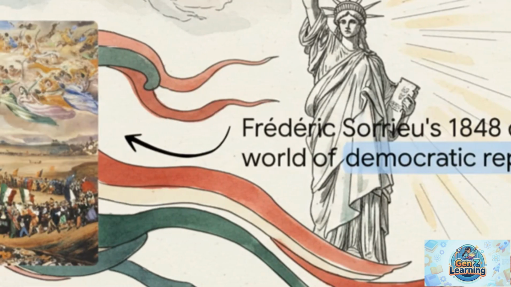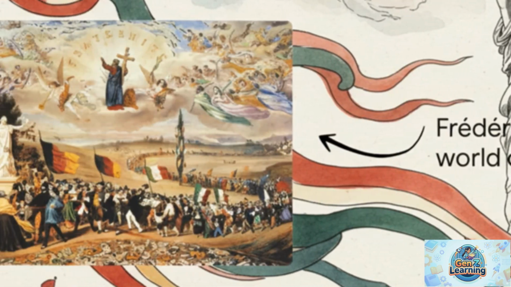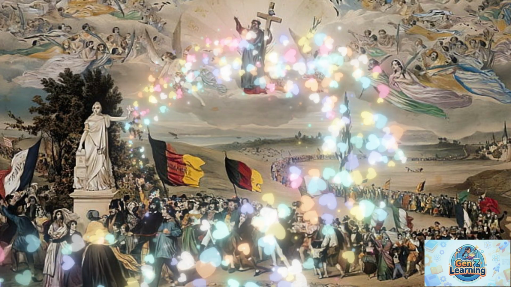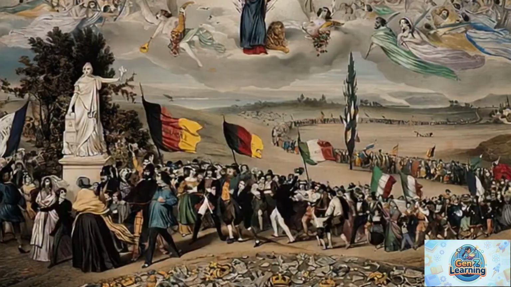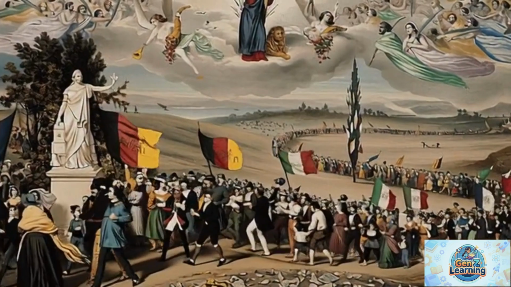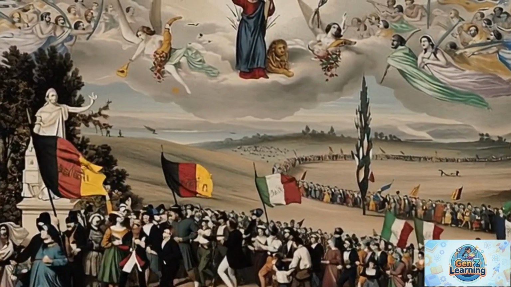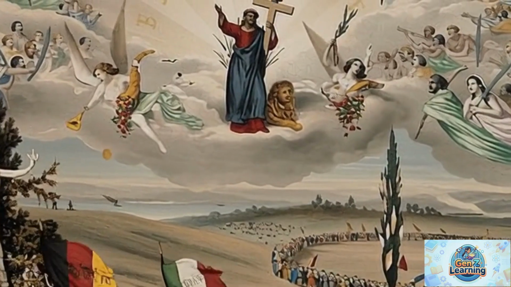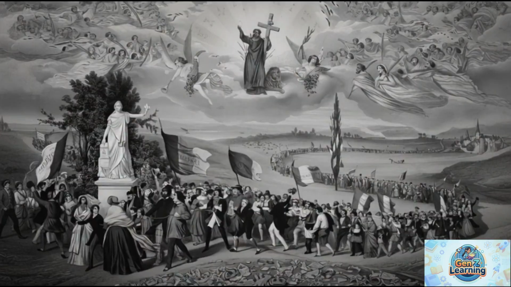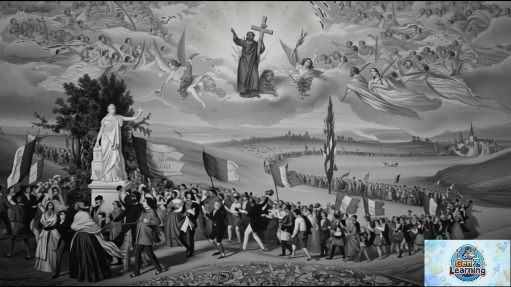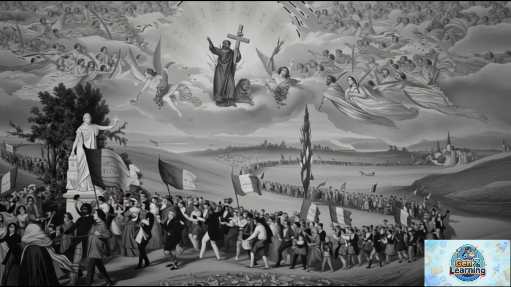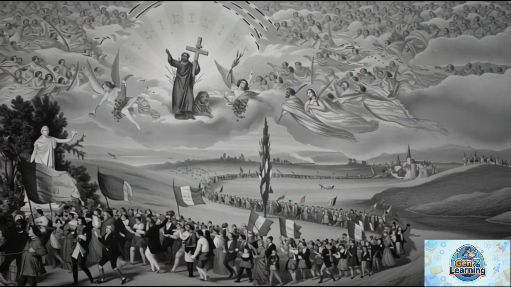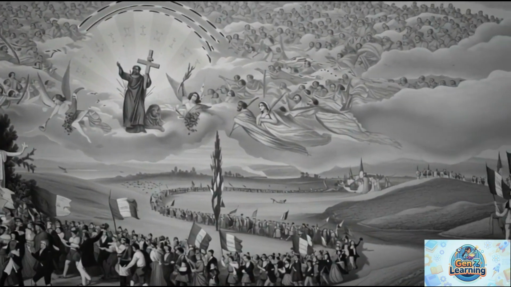This print was made back in 1848 by a French artist named Frédéric Souriau. And if you look closely, you can see people from all over the globe marching in a long line, right past a Statue of Liberty figure. And you'll notice each group has its own unique flag, its own distinct costume. They're all separate nations. Now, this wasn't reality, not even close. This was a completely radical, utopian vision for a future where people, not kings, were the ones who defined their